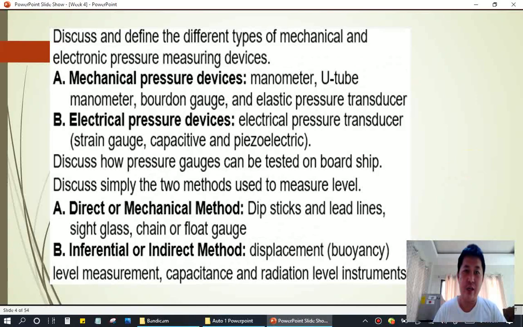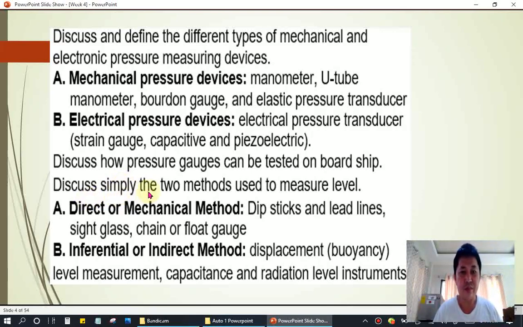So I have to discuss also and define the different types of mechanical and electronic pressure measuring devices. Mechanical pressure devices: manometer, U-tube manometer, Bourdon gauge, and elastic pressure transducer. Electrical pressure devices: electrical pressure transducer, strain gauge, capacitive, and piezoelectric. So I have this also to discuss how pressure gauges can be tested on board ship, and I have also to discuss